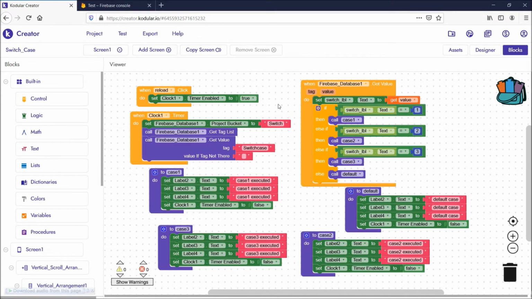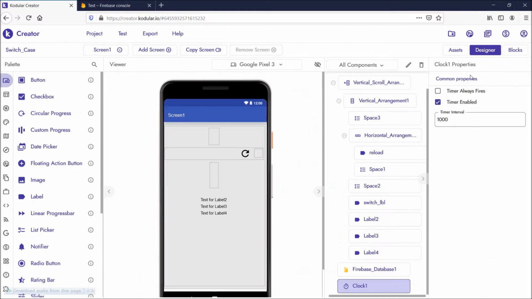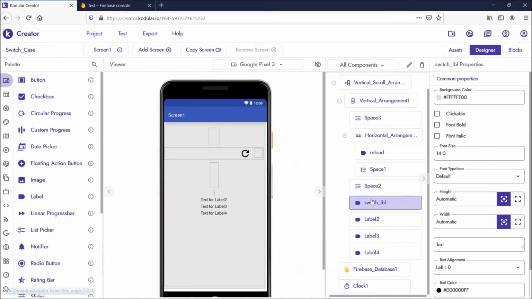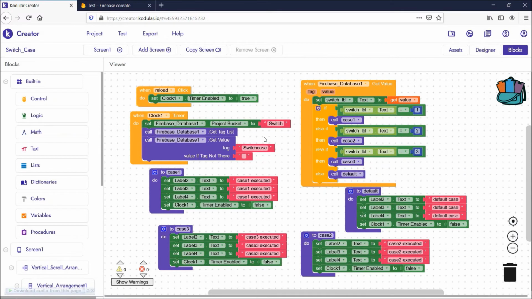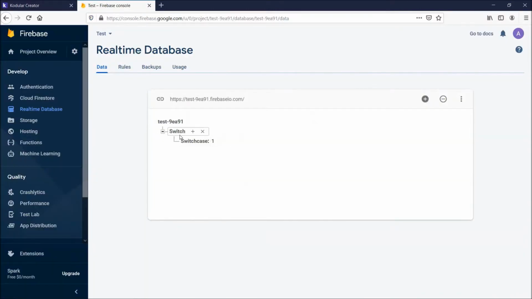So first of all we need to give a value, that is the switch value. Here I have mentioned a switch label. In this we will get the switch value. For this switch value I am giving the value in Firebase. This is a test database, and I have given a tag called switch here.